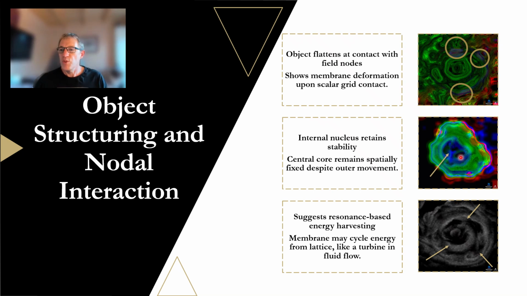So we get these void spaces around the nucleus that may or may not be Doppler shifted depending on the frame, and the core sort of seems spatially fixed, while you've got this spinning, spiraling membrane that goes on around it. You can see this in more detail here when we look at the energy harvesting, how once it's incorporated into the internal membrane structure, it seems to get increasingly concentrated or worked its way through some sort of vortex into the internal structure or toroidal field inside the membranes, between the membranes and the nucleus itself.